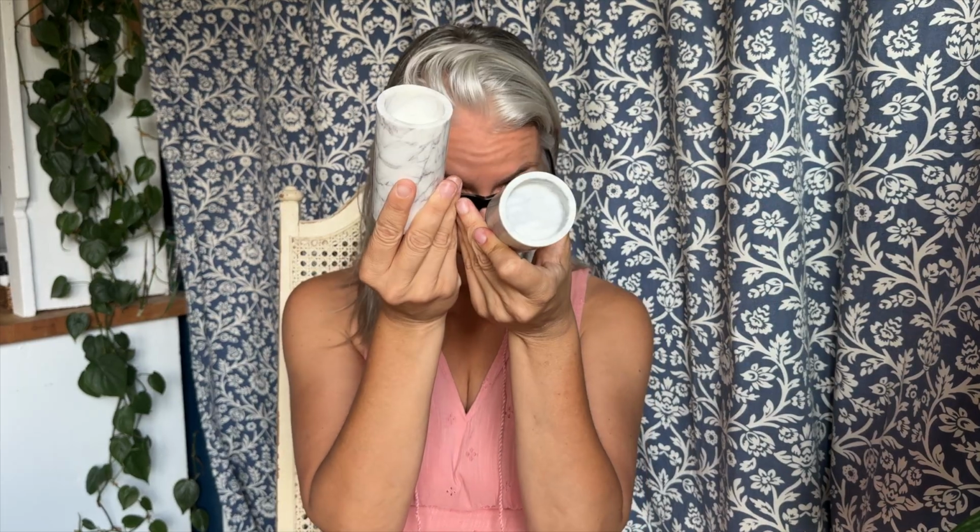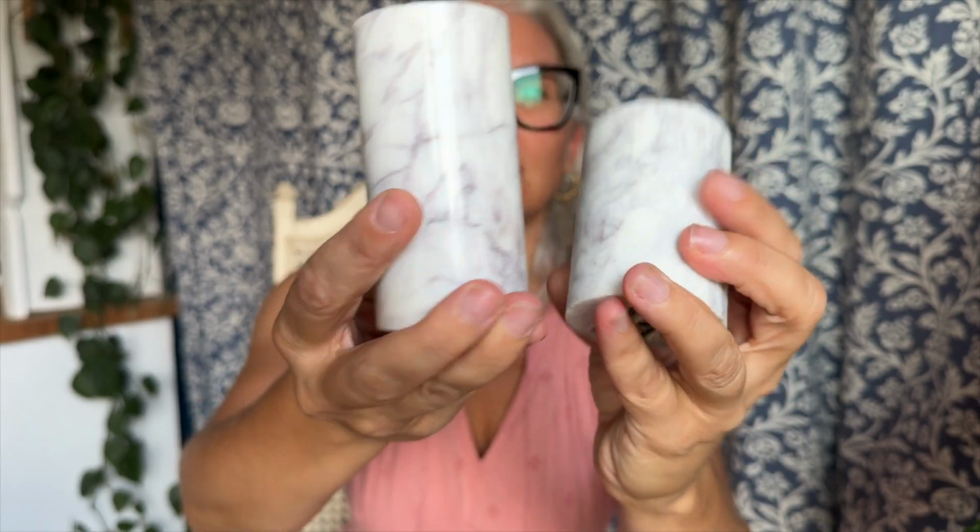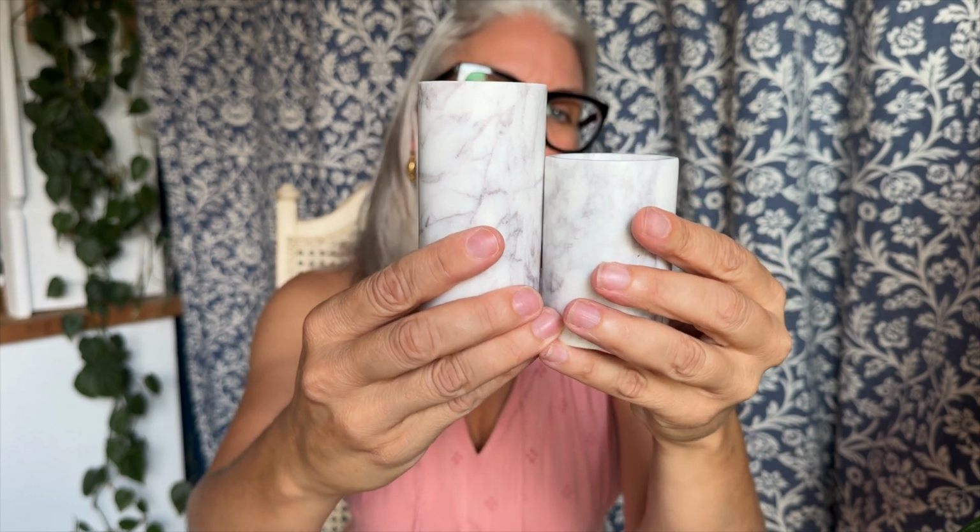I ended up picking up some little candle holder goodies. So I got these two stone tea light holders. Now these are, I'm not sure, BIDK Home. I don't even know where they're from. Maybe they're from Home Goods or something, but I love the color. They are a really nice stone, and I think they're a marble. They're kind of a purpley grayish veined marble, and I just thought they would look super cute with a